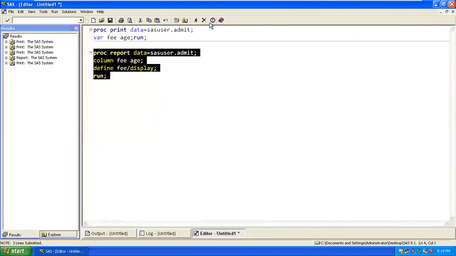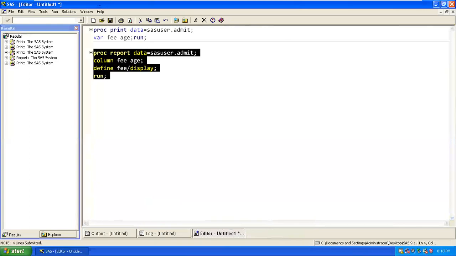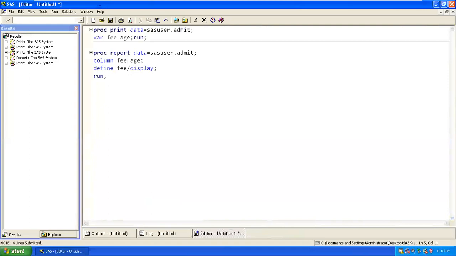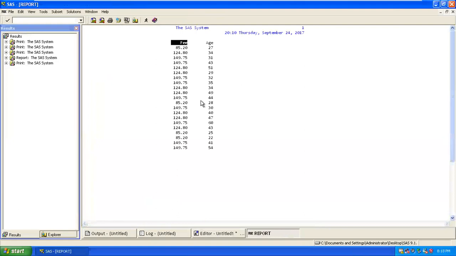Now see the differences. Correct? Now what we are trying to do is, I don't want a sum for this fee. I don't want a sum for age, so I can keep age as a constant. It will be a discrete one. Correct? These are discrete now.